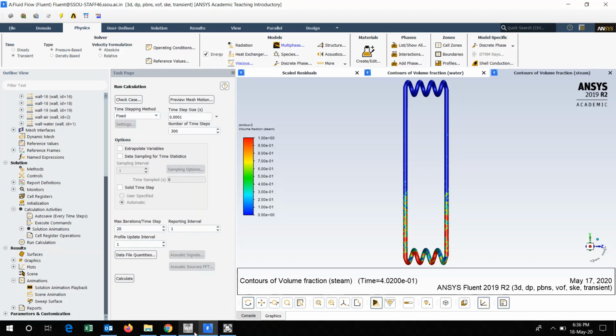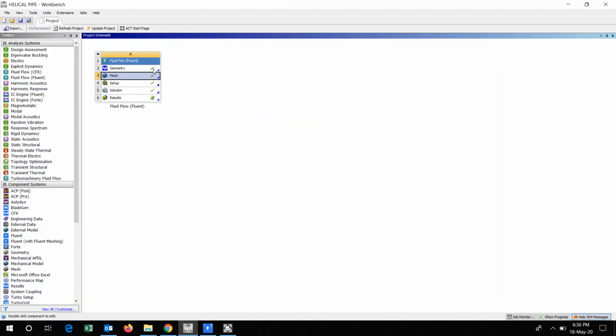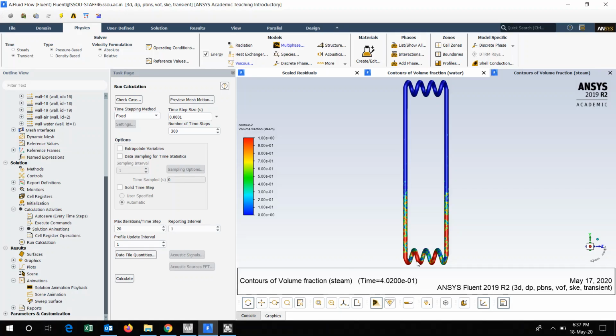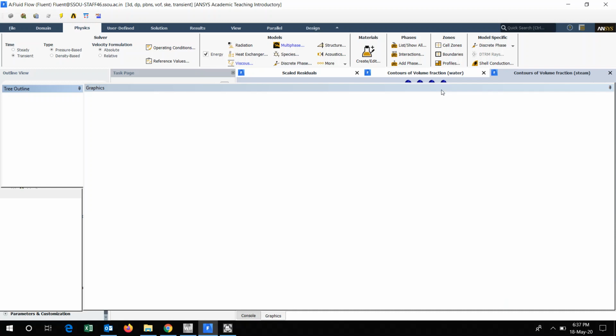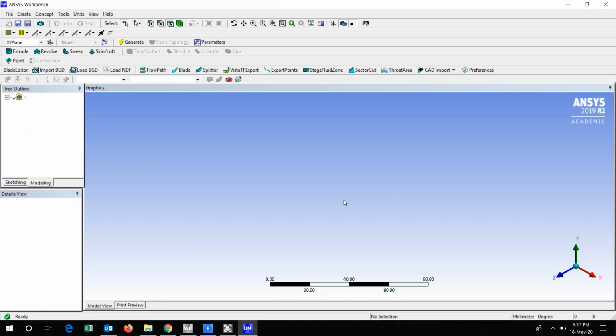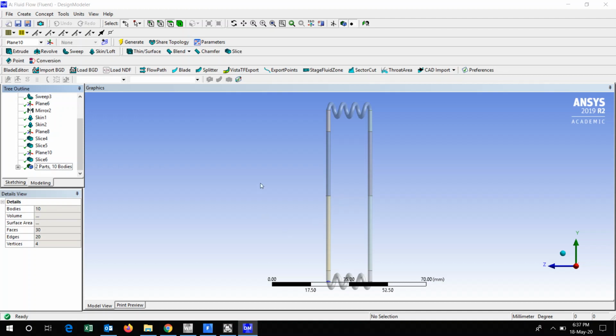Now before going further, I will discuss the geometry of this closed loop pulsating heat pipe. With respect to the earlier cases, I have made some slight variation in the geometry. In this case, as you observe, some helical turns are there in the evaporator section as well as some helical turns in the condenser section. I have taken the helical turns in the condenser and evaporator sections to have more heat transfer take place in the condenser section. That's why this particular shape has been selected.